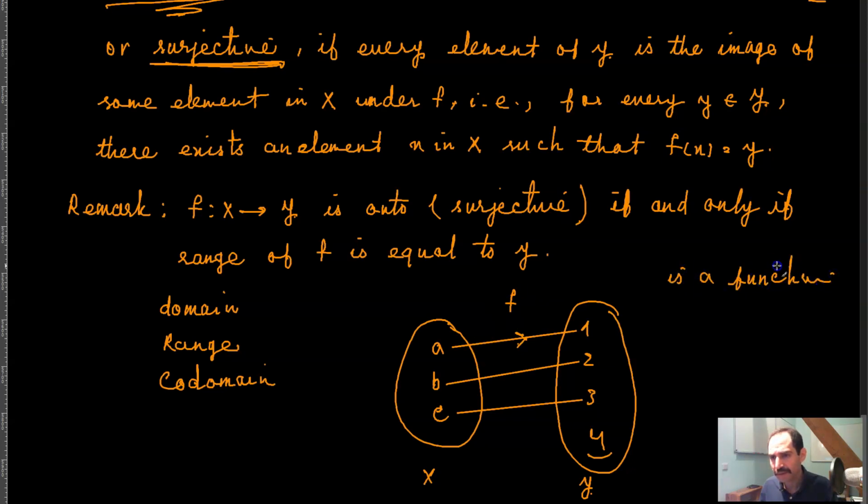You can say that this is a function, and of course it's a 1-1 function, because every element of x has a distinct image in y, but it's not an onto function, or not a surjective function, because there is this element 4 here that is not the image of any of the elements of x, right? So now in this situation, you can say that basically